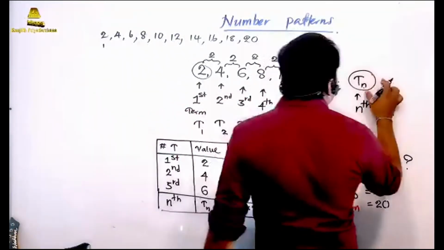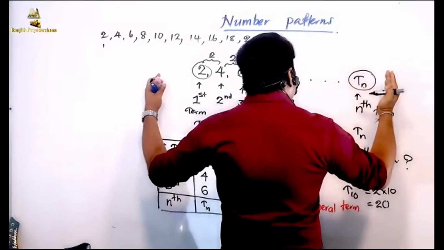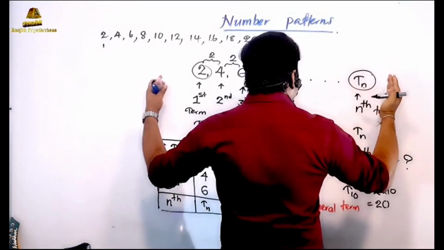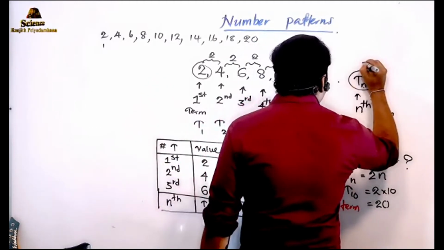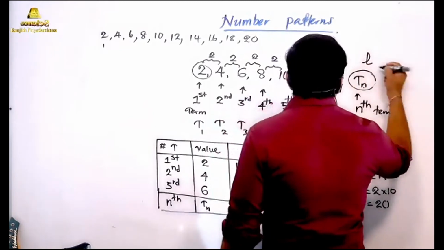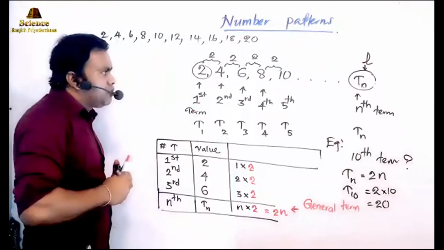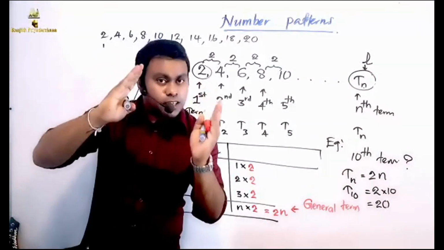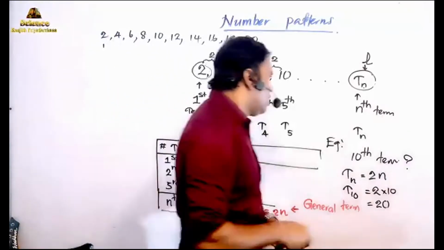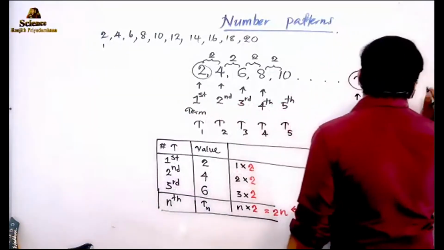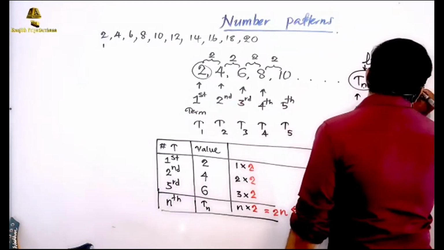In a number pattern, the last one is the last term and we symbolize that with a simple L. You have to keep that in mind, because in grade 9 you will write the nth term equals a plus